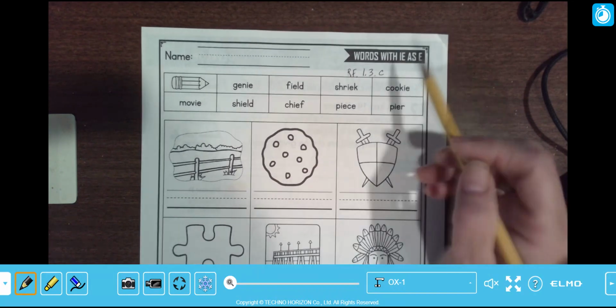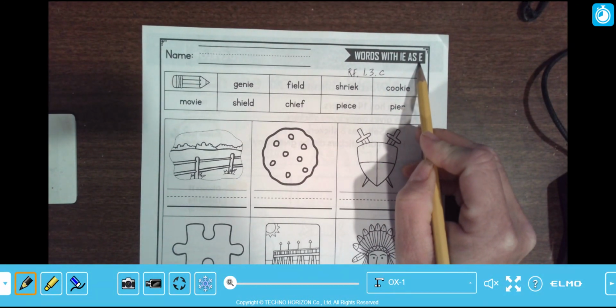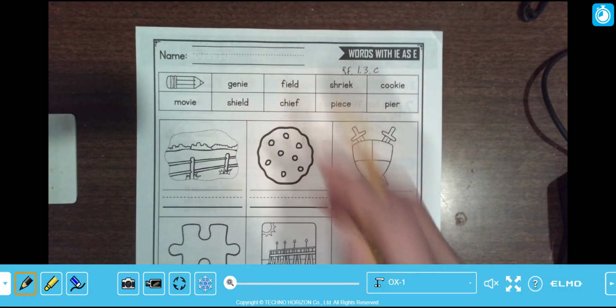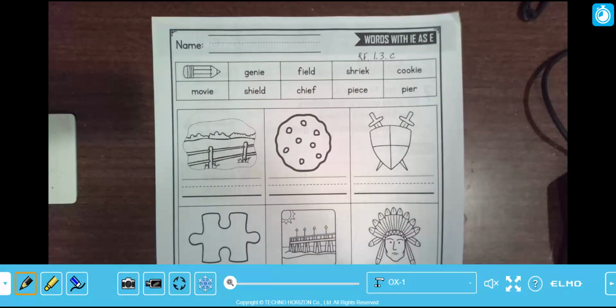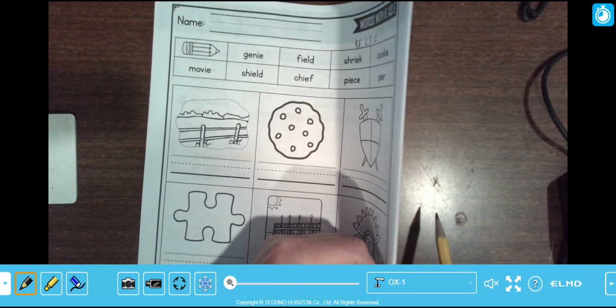So today we're going to be looking at words with the IE as an E sound. Sometimes the IE makes an I sound, and most of the time it makes an E sound. So we're going to be looking at the IE as an E sound. Let's start off by